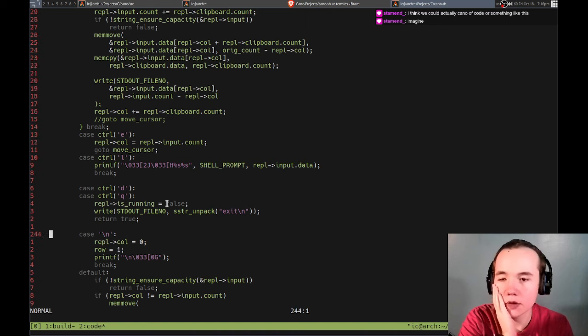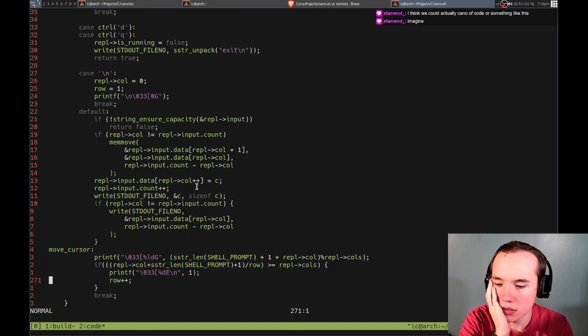So we could iterate the row by the proper amount. So we need to do row plus equals